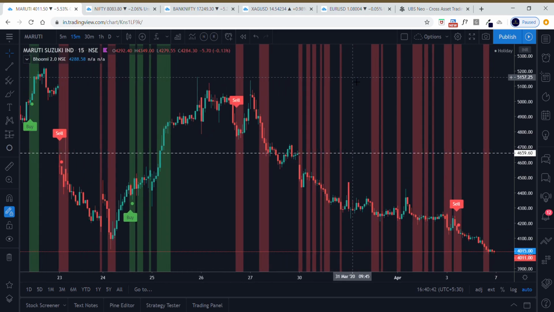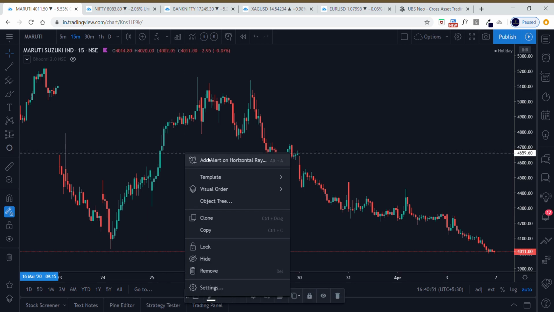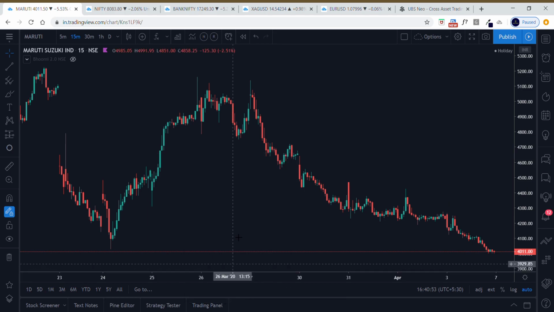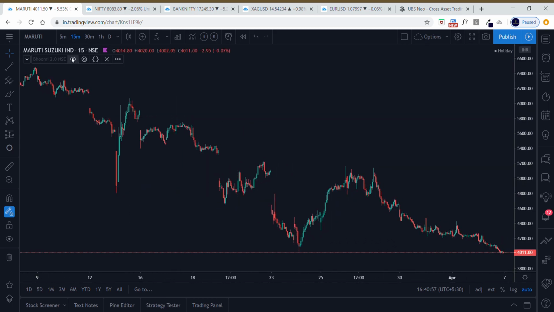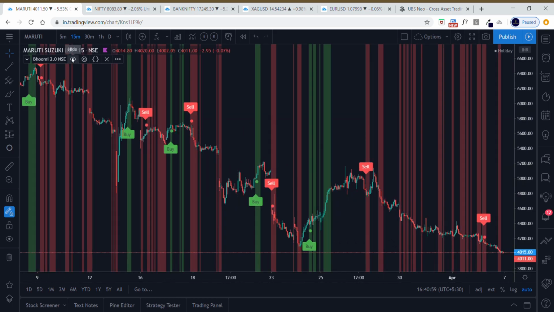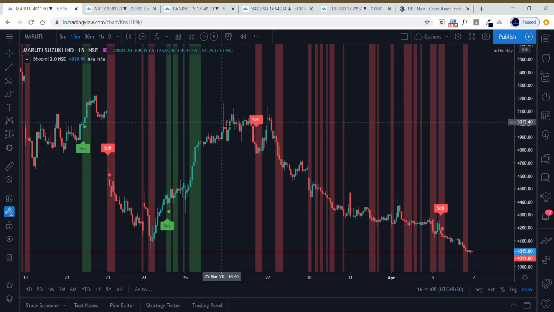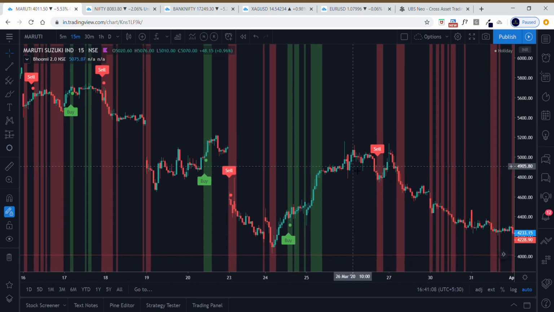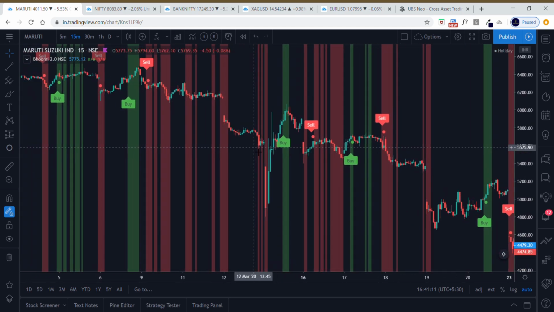So this is how it looks once you add Bhoomi 2.0 on your chart, and once you hide this indicator, this is how it looks. Just let me remove this line from it. So this is how your chart looks normally, but once you plot Bhoomi 2.0, this is how it looks. Maruti is a very highly liquid stock, and it's a beautiful stock. In fact, it's also my favorite stock. This is a typical 15-minute time frame. I'll come down to how to trade a 15-minute